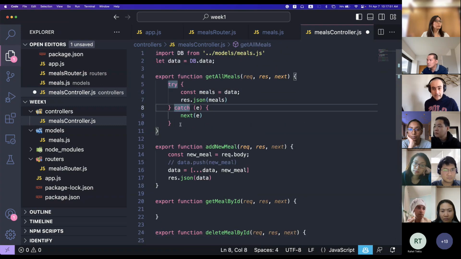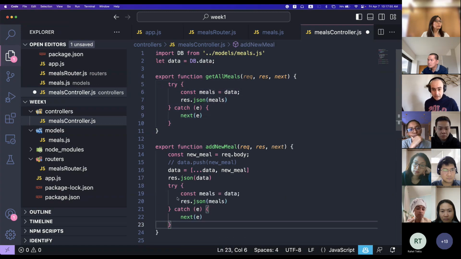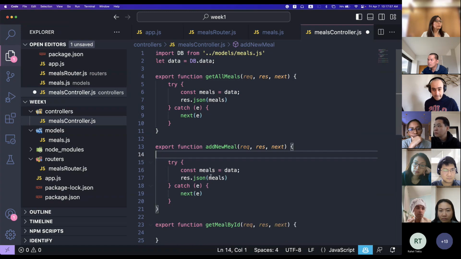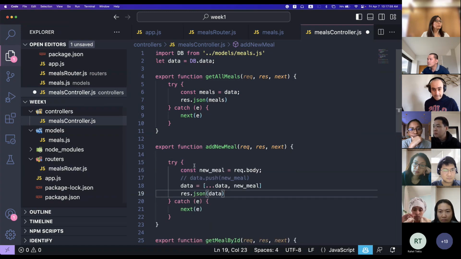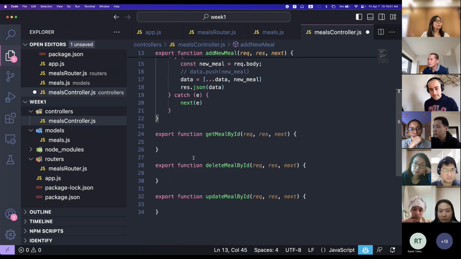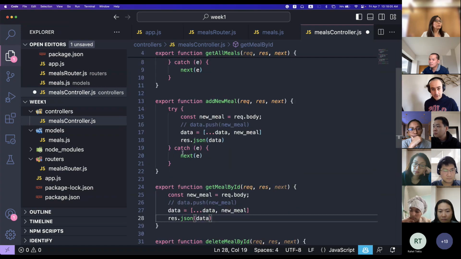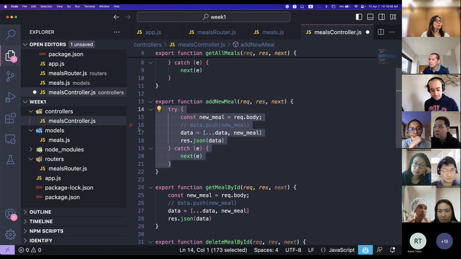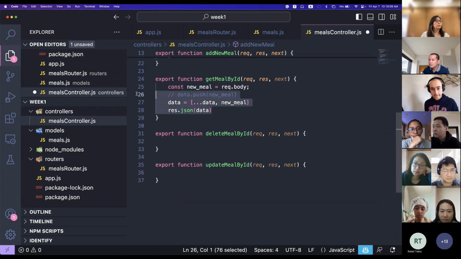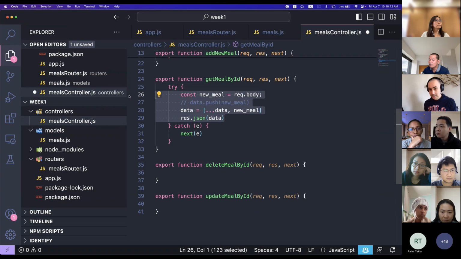Good. Now that I added this, I'm going to add it here as well. Add it everywhere as well. Oops, not this one. With an empty